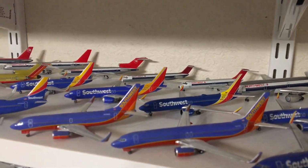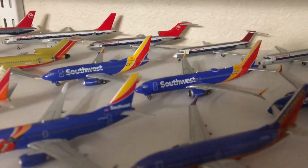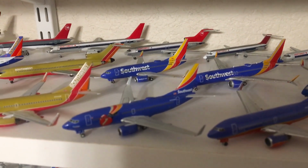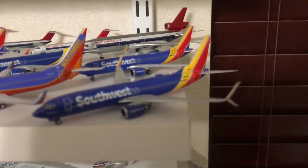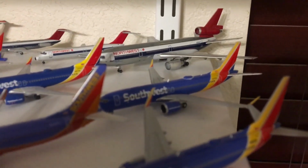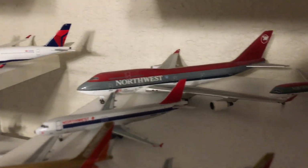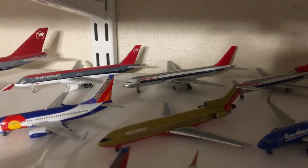Wait. Okay, this one is the 700 in the new livery. This one is the MAX, the second. Wait, why do I have three Gemini jets Southwest Maxes? And then, okay, this one is the 8. I'm sorry, guys, I'm stupid. This one is the Dash 800 in the new livery. This one right here is the first MAX, and then the second MAX, or maybe vice versa. And then this is the Aero Classics MAX. Okay, got that straight. Okay, Northwest 744 Gemini jets, 752 Gemini jets, 752 in the 80s livery, Gemini, no, that's